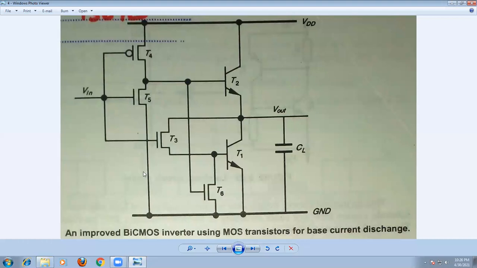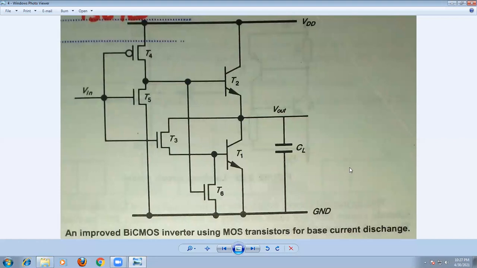Now, this is the basic BiCMOS inverter circuit. Just observe how many transistors we have in this case. In NMOS technology, to get the NOT operation, the inverter operation, we require only 2 transistors. In the CMOS circuit also we require only 2 transistors. But in BiCMOS technology, as the technology advances, the complexity of the circuit also increases, so we incorporate a number of transistors to get the logic level.